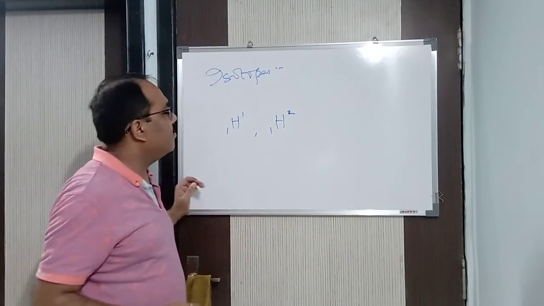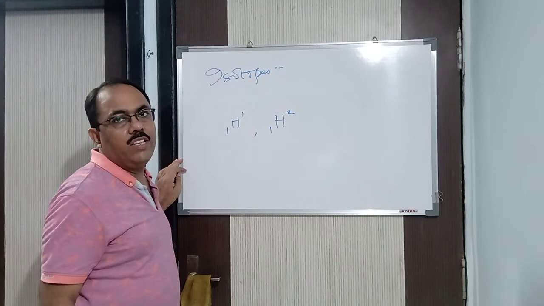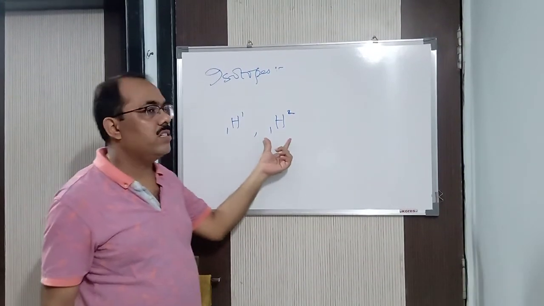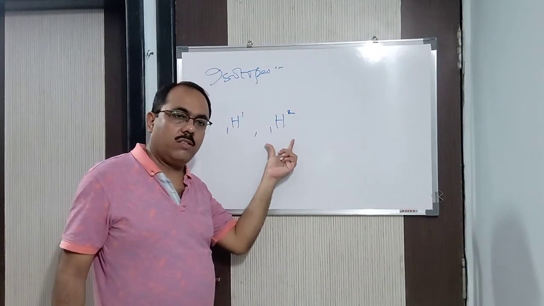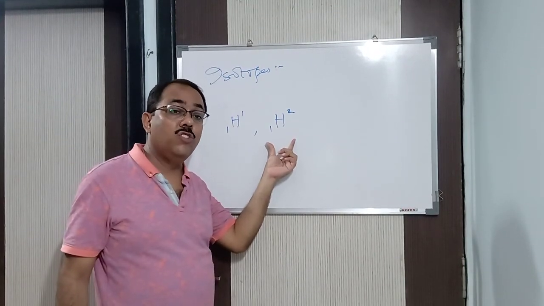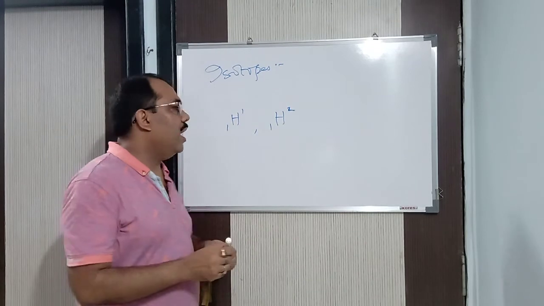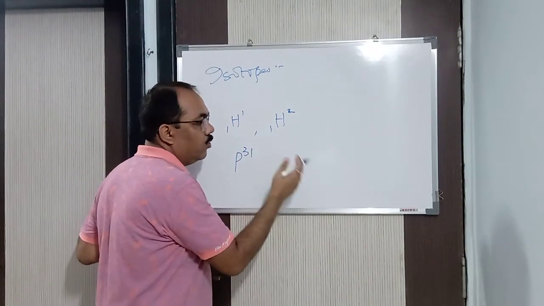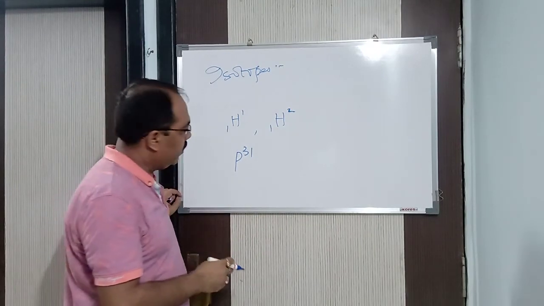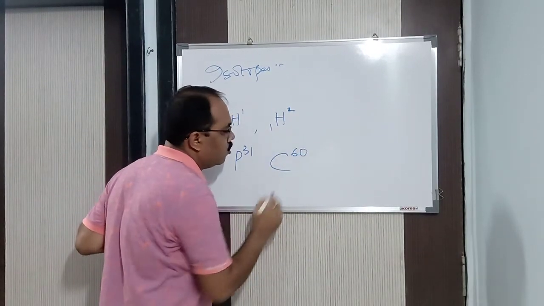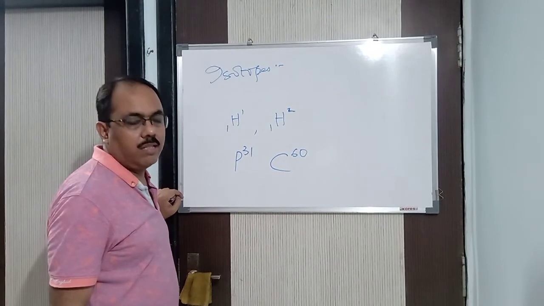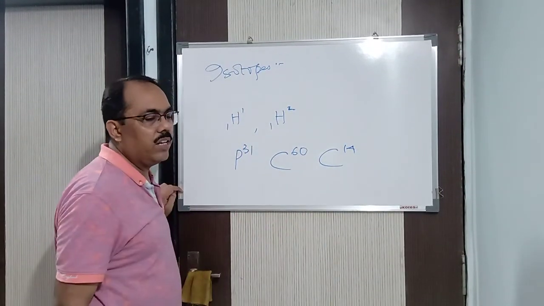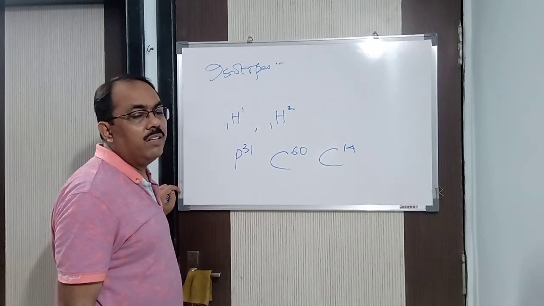Next, after that, let us see what the uses of isotopes are. Now 1H2, as I said, is used in nuclear reactions. In the nuclear reactor it is used. In nuclear fusion reactions, you can see it is used. Then the P31 isotope is used for doing research in agriculture. Then the cobalt 60 isotope is used for the treatment of cancer. Now the C14 isotope is known as carbon 14 dating.